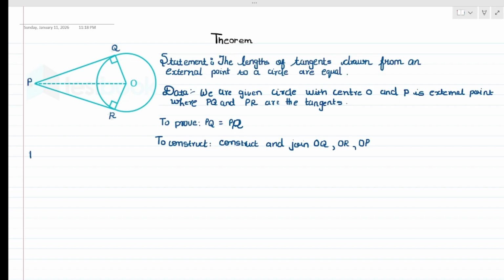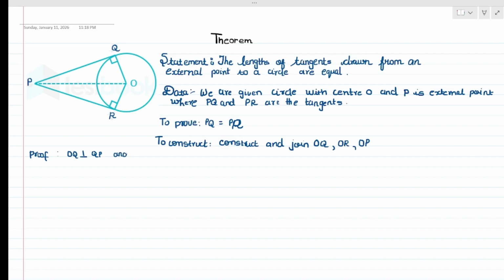Okay, this much is for the theorem. Now let's start with our proof. As you can see over here clearly, OQ and OR are perpendicular to the tangents. How did we come to know that it's perpendicular? As we have seen earlier, when a radius touches a tangent, it forms a perpendicular. So from theorem 10.1, we know that the radius is perpendicular to the tangent. So you can write that OQ is perpendicular to QP